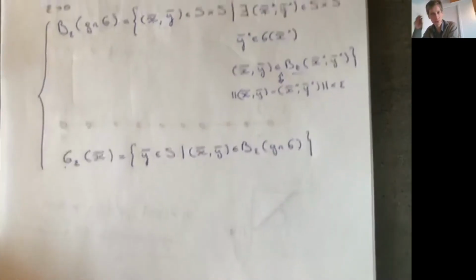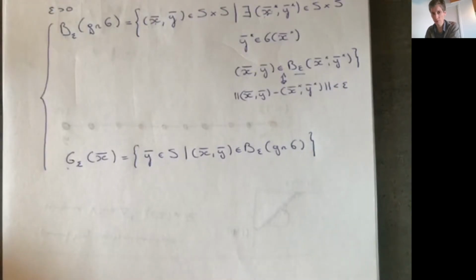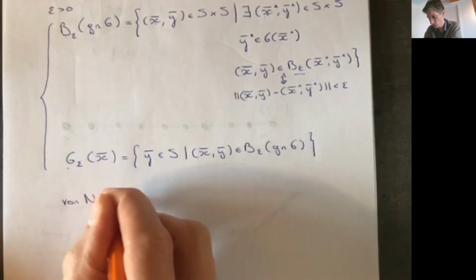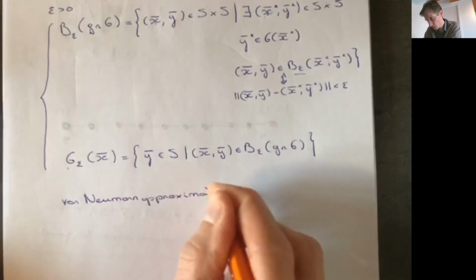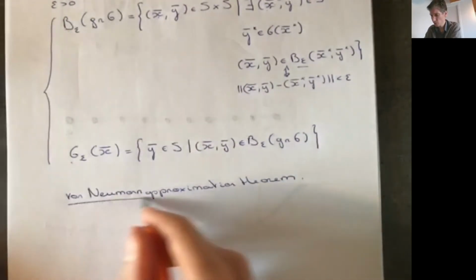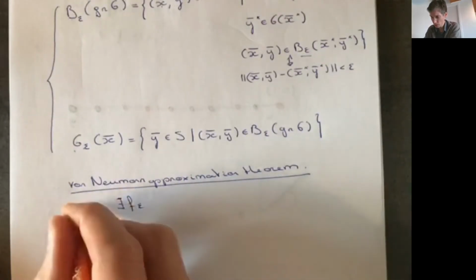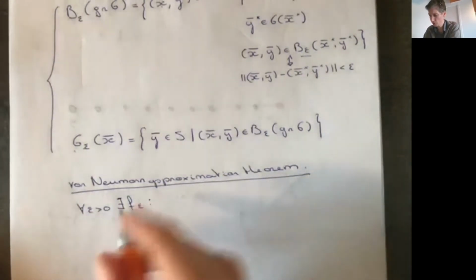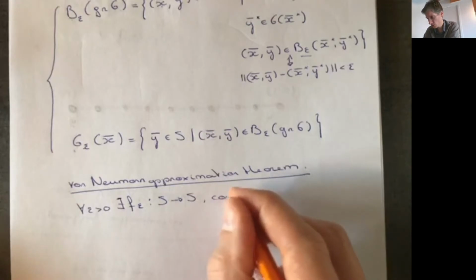And now we're going to use a result that I'm not going to prove because it's quite elaborate. It will take several hours and several pages, I think. That's called the von Neumann approximation theorem. So what does this result tell me? Well, for all epsilon bigger than 0, there exists a function, let me call it f epsilon, because it depends on epsilon, that goes from s to s and that's continuous,